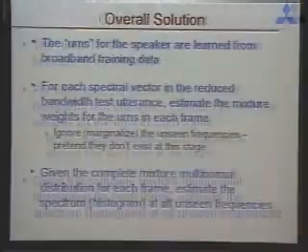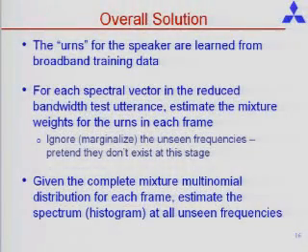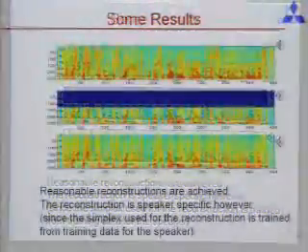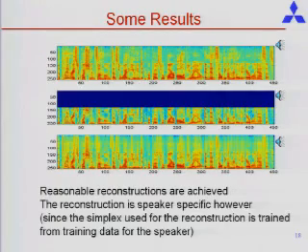Now once you've actually computed the entire process, the multinomial distribution, the urns, the mixture weights, the multinomial, the band limited signal, you can take the whole thing back and compute the entire spectrum for the signal. So here's an example. In this example, this is a full band signal that I began with.